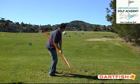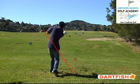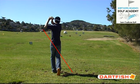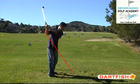You know, he actually can feel what it's like to compress the golf ball now, and he's got a good understanding about what happens at impact and how the club head comes down and compresses on the ball first and then makes the divot after the ball's gone. So if I just play this for you now in full motion,